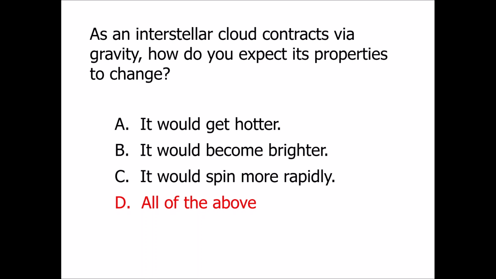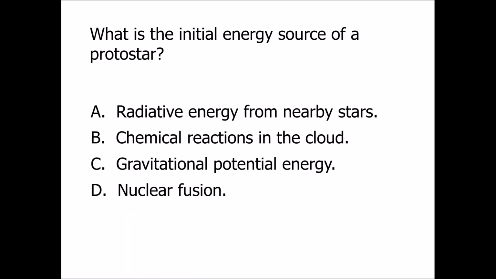It's going to appear brighter. And then due to conservation of angular momentum, as the cloud shrinks, it's going to start to rotate. And that rotation is going to flatten it out into a disk, right? So all the above is what's occurring here. Now, okay, so that starts the process, right? But what is the initial source of energy? I guess I just gave you the answer in the last question here. So I guess this is more like, were you paying attention 30 seconds ago?